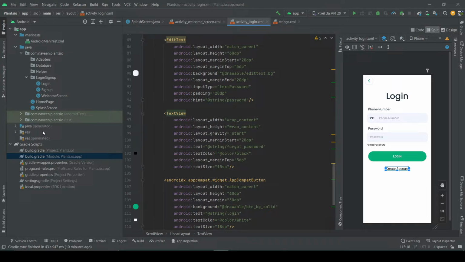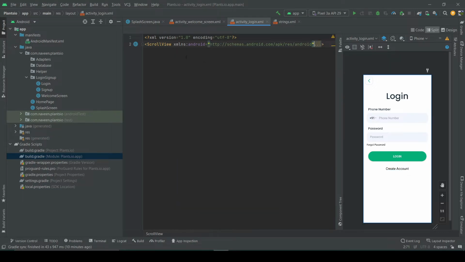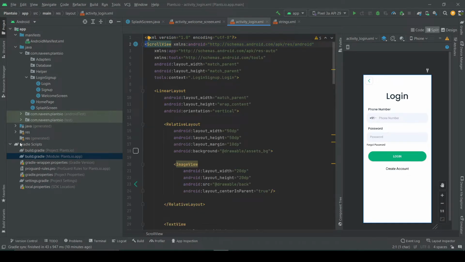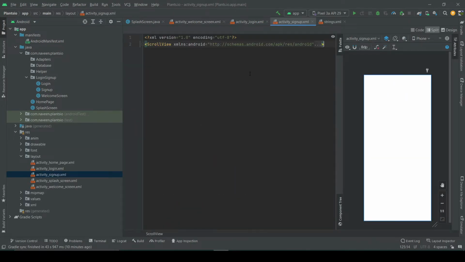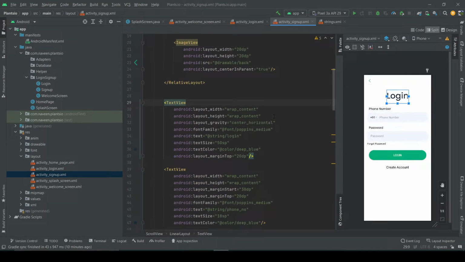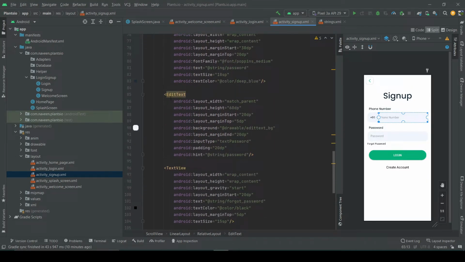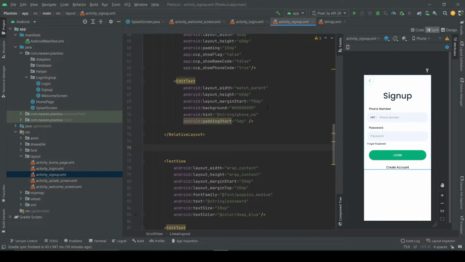For that, just copy this one and paste it in the sign up layout, and paste it here. Now I need to change the login to sign up. For that, sign up. Now we need another edit text. For that, copy this one and paste it below the related layout,